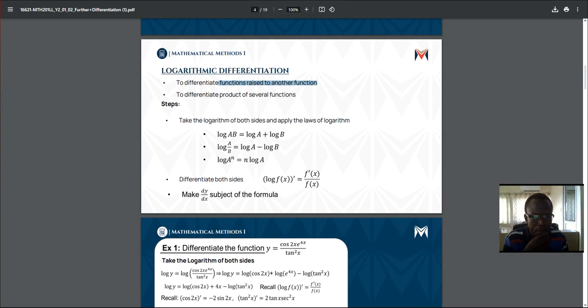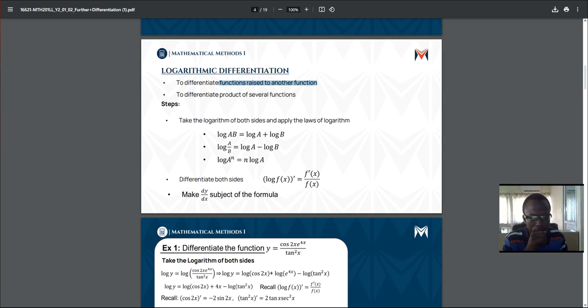Log ab is equal to log a plus log b. Log a over b is equal to log a minus log b. Log a to the power n is equal to n log a. So these three rules, you have to memorize them because you are going to be using them quite often. And the fourth one: if you have to differentiate log f of x,